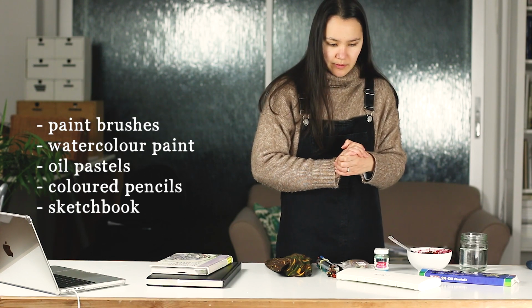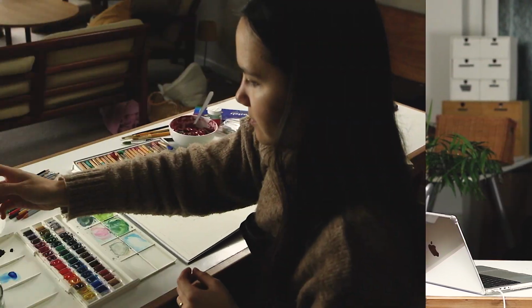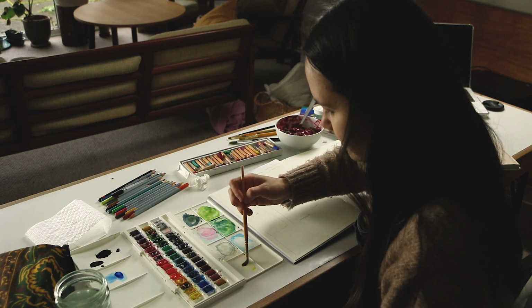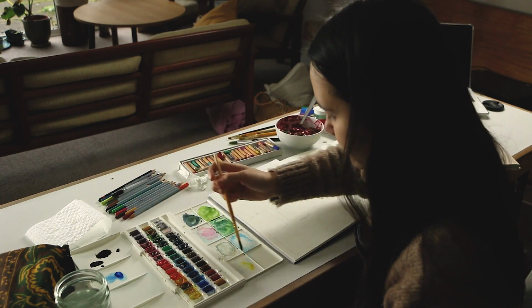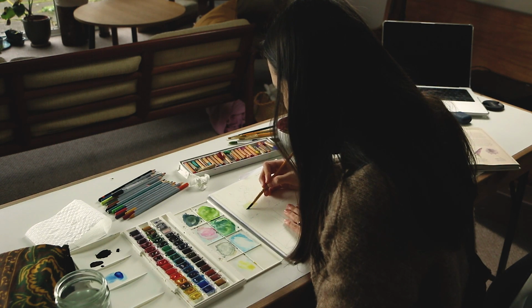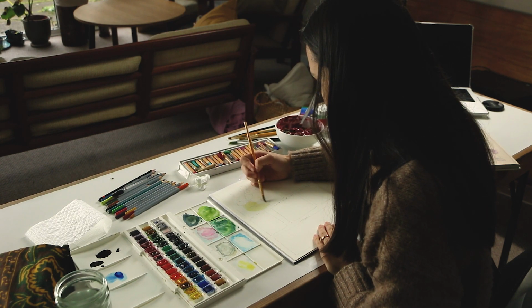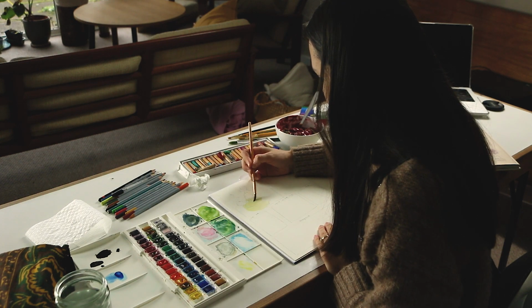I know that thumbnail sketches are something that's quite common among artists, but it's not something that I have really explored. I think I like to just rush ahead and do the final painting, and I don't take the time to plan things out and do little practice sketches or practice paintings. So when I read the section about thumbnails, I was really inspired to do a sketchbook spread using thumbnails, and